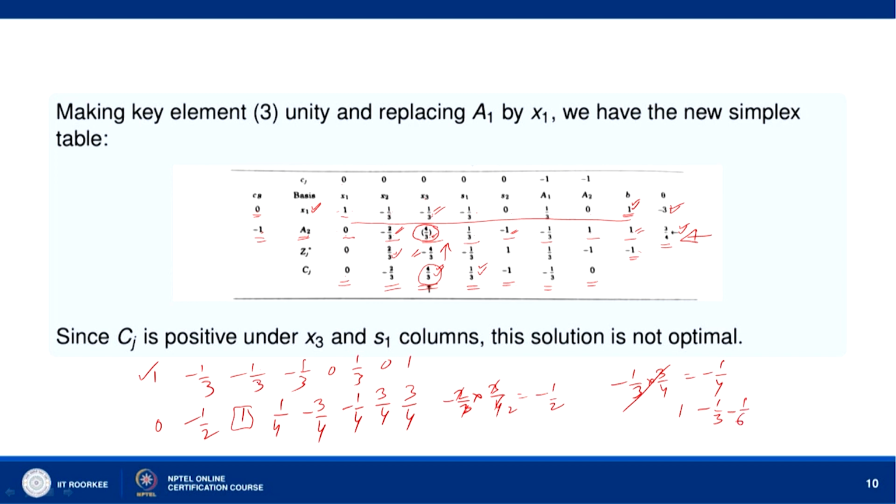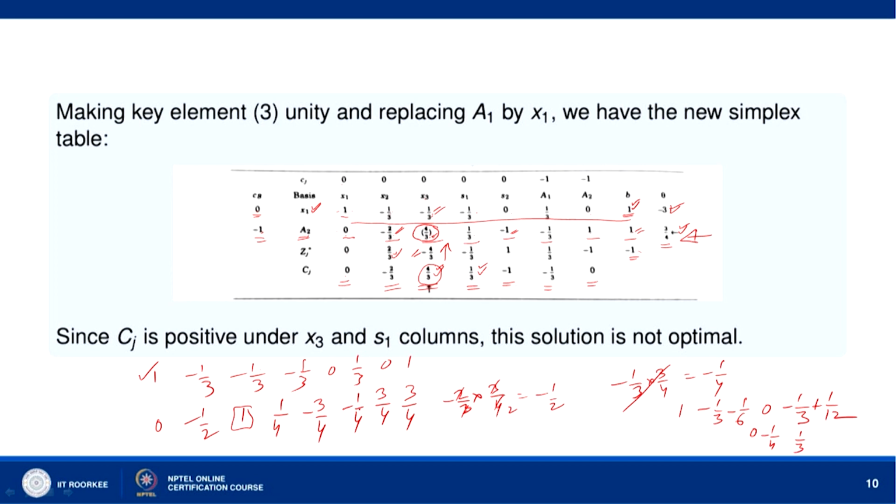Then 1 by 3 we add to this, we get 0 here, and then we multiply by 1 by 3 and add there. So, minus 1 by 3 plus 1 by 12. That is what we get for this, and then we multiply by 1 by 3 and add there. So, we get 0 and minus 3 by 4 into 1 by 3. So, minus 1 by 4, and what we get here, 1 by 3,